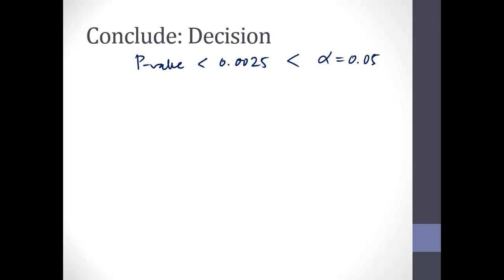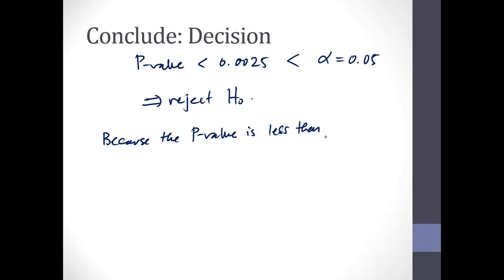So our p-value again is less than that alpha value. So do I want to reject or do I want to fail to reject? Reject. I think I heard it. Thank you. So this means that I want to reject the null hypothesis, reject H0, and then I can give my usual conclusion. So again, because the p-value is less than alpha, which is 0.05, I want to reject the null hypothesis,